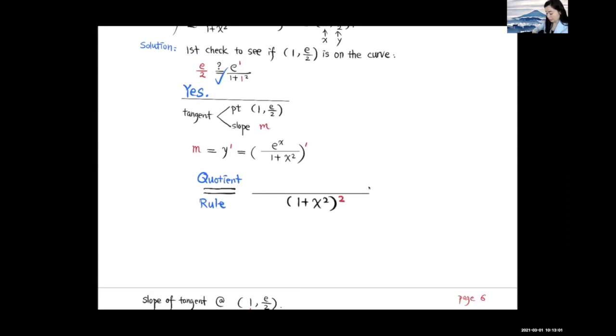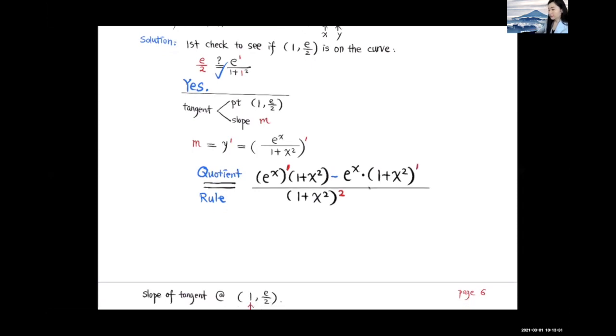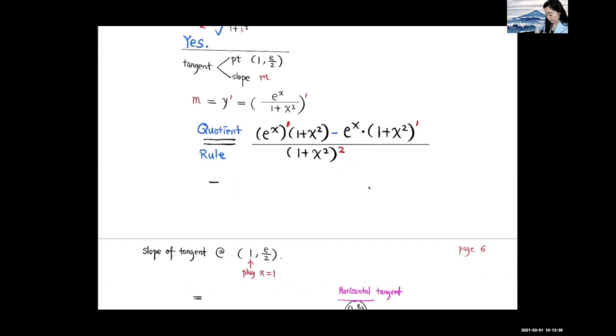And then we differentiate the numerator on top times this function in the denominator, subtracting. Now this function in the numerator, just copy, times the derivative of this function in the denominator. Okay. So that's equal to,